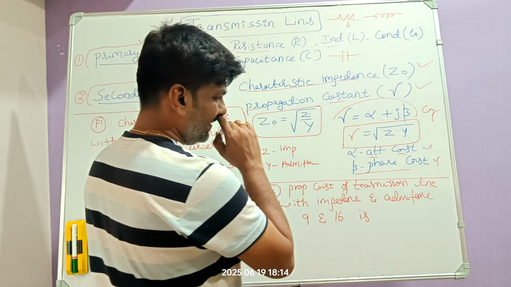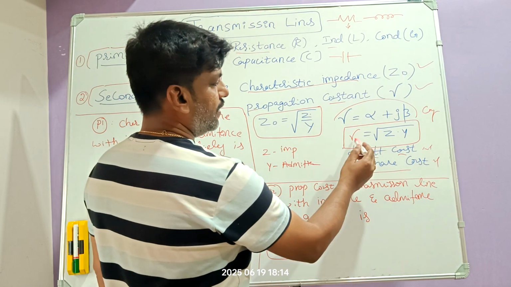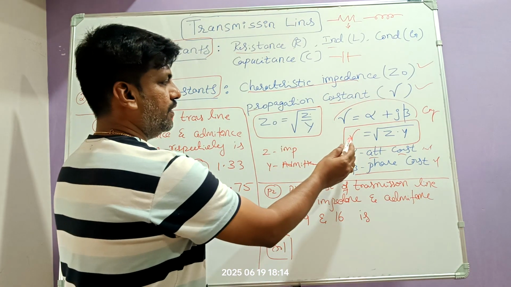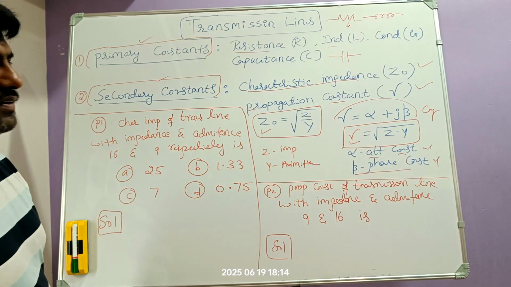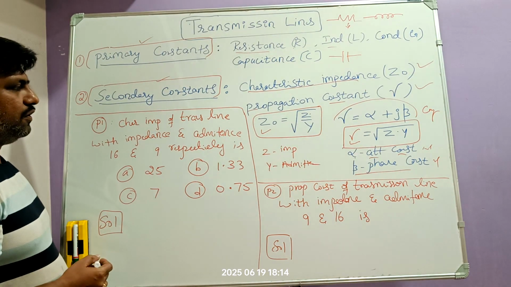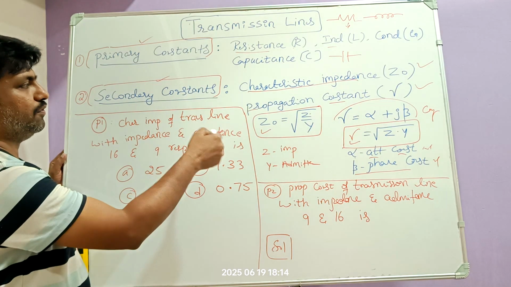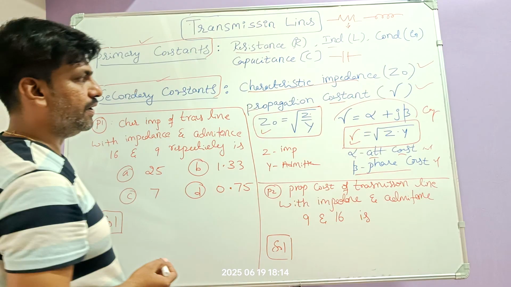How is gamma related with the help of this Z and Y? Gamma is equal to root of Z into Y. Propagation constant is calculated by this. Characteristic impedance is calculated by this. So we will solve two simple problems based on this concept of secondary constants, characteristic impedance and propagation constant